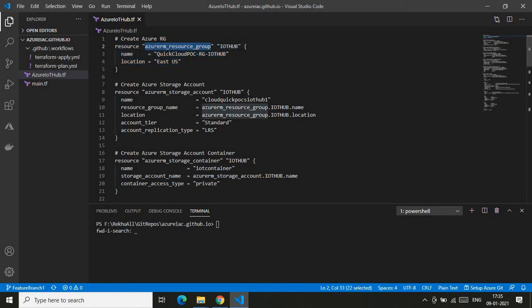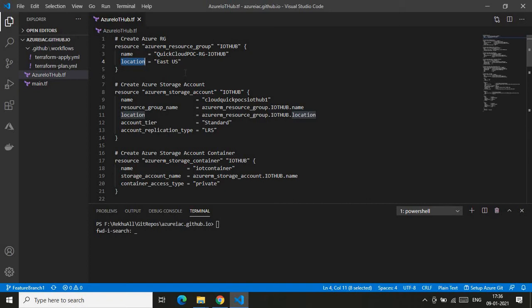Let me quickly walk you through this. This is the keyword, azurerm_resource_group. This is the keyword, or resource type, to create the resource group. This is my variable, which I keep constant across my code. Inside this curly bracket block, we are giving the required parameters, that is the name and the location of my resource group. These two parameters will be consumed down in the code. So please take note of this, as we will be using these names often in the code below.